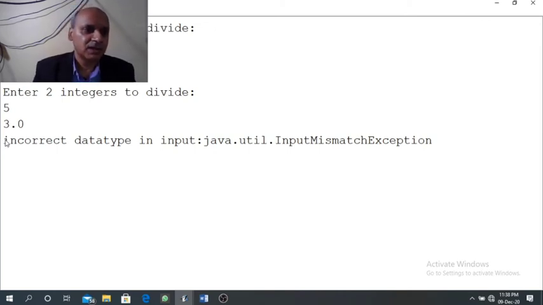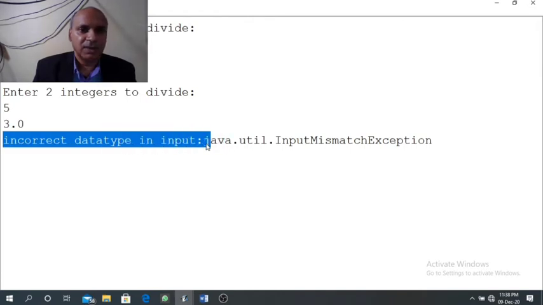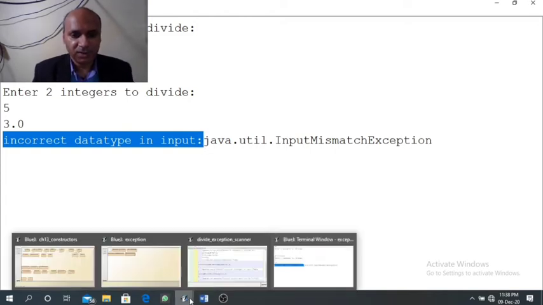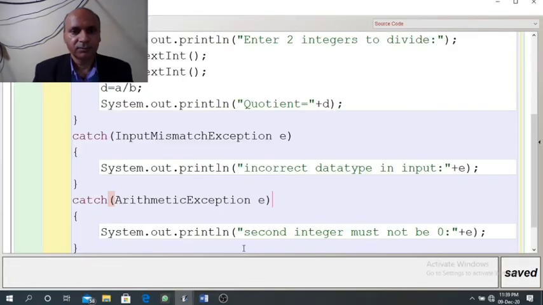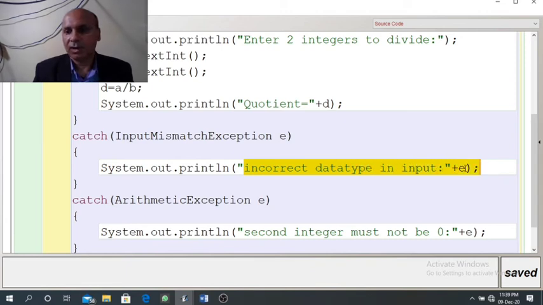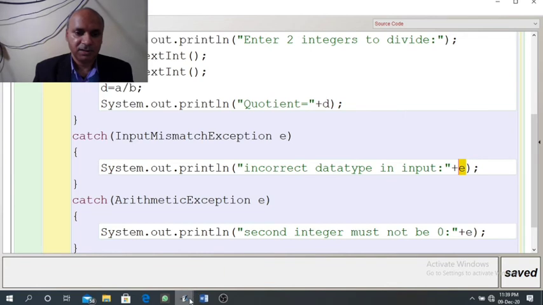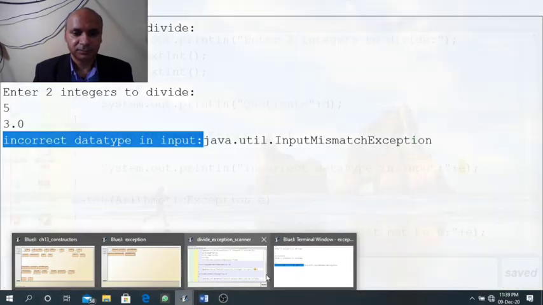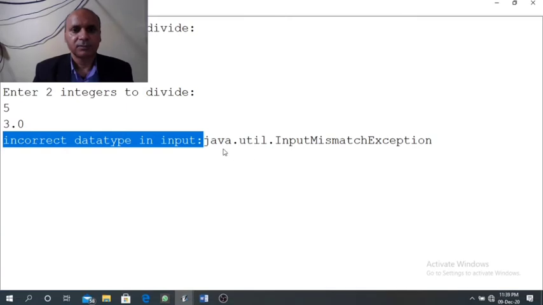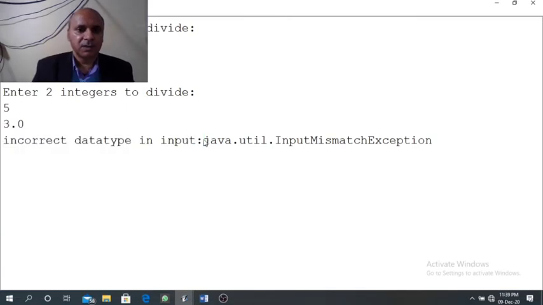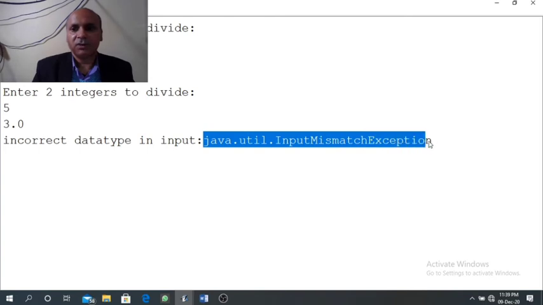Instead of that, we are getting the message "Incorrect data type in input" that we had printed. Now you can see the code here: "Incorrect data type in input" up to the colon. After that, E. E means the value of E means java.util.InputMismatchException.